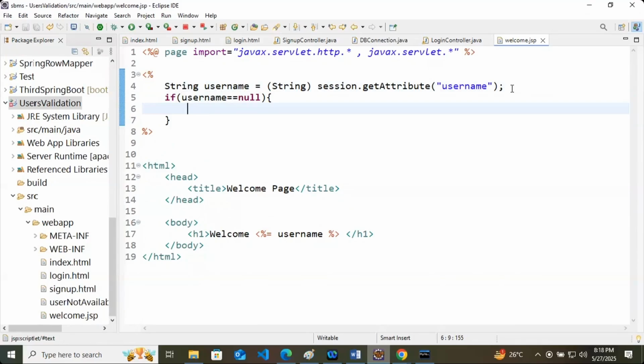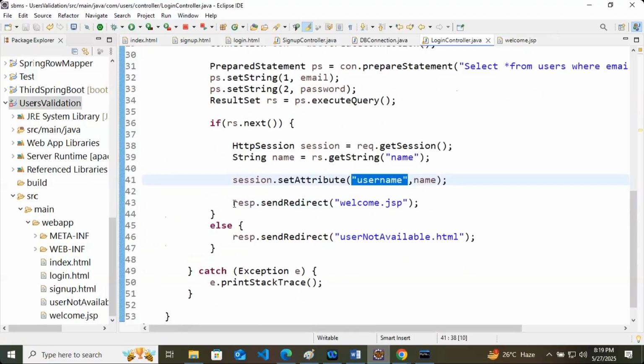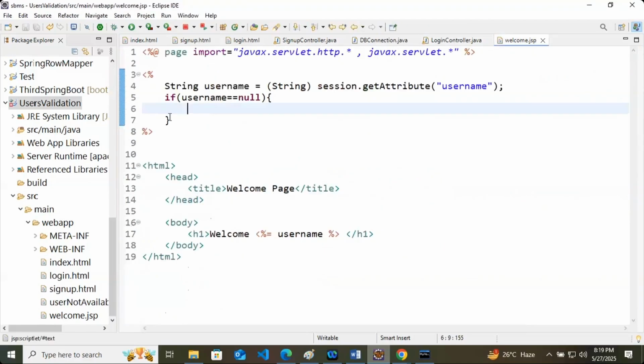Now how will you open another page here? If username equals null, I want to open login.html. How will we open it? In the login controller, we are doing something like response.sendRedirect. What can I write here? response.sendRedirect to login.html.